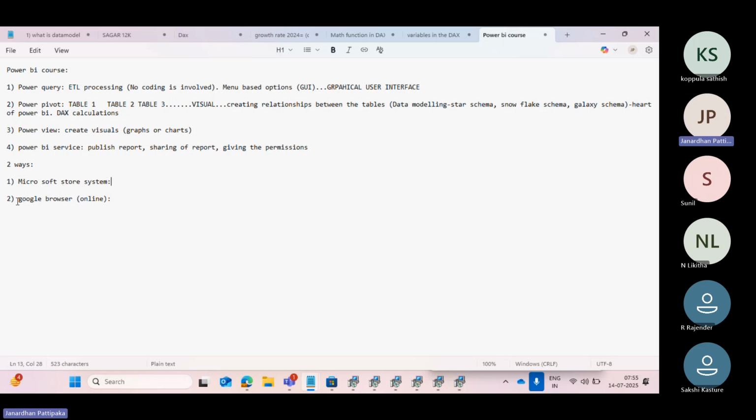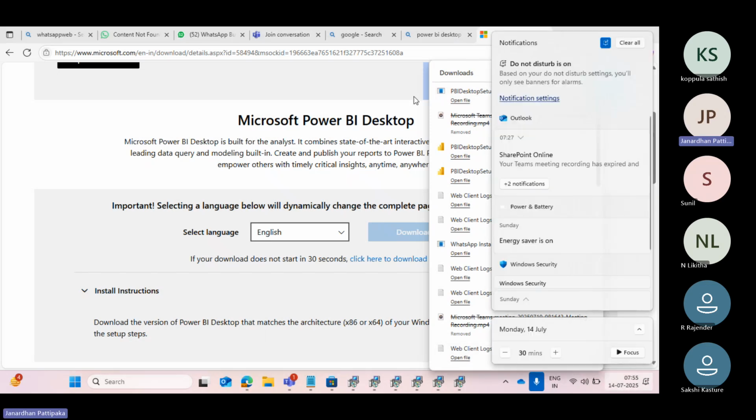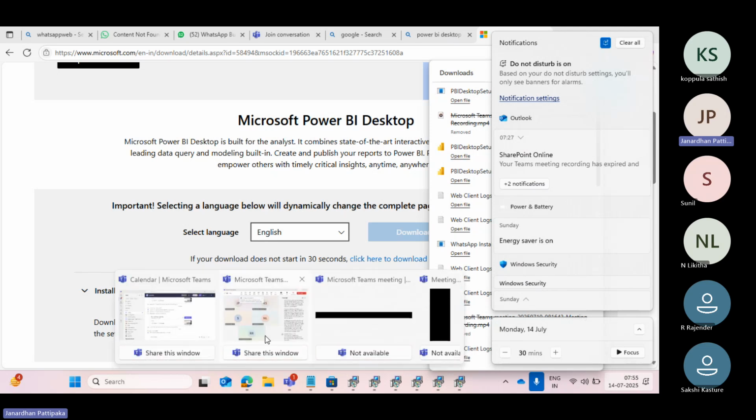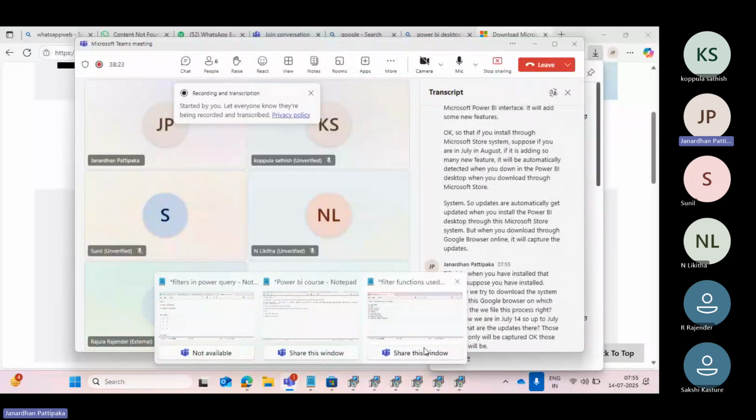But when you download through the Google browser online, it will capture only the updates up to the date when you installed it. Suppose we download the system through the Google browser and right now we are on July 14th. Up to July 14th, whatever updates there are, only those will be captured. But in the next month, if